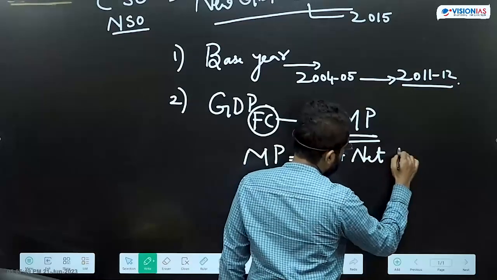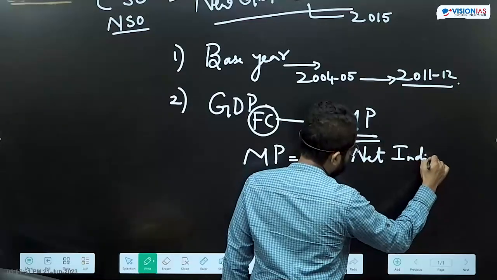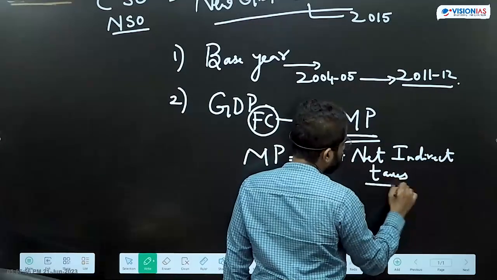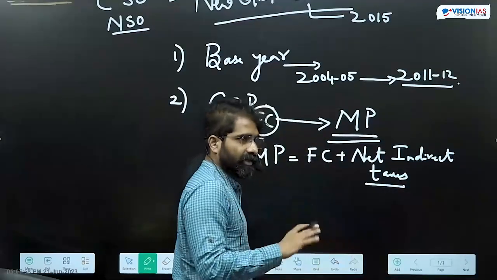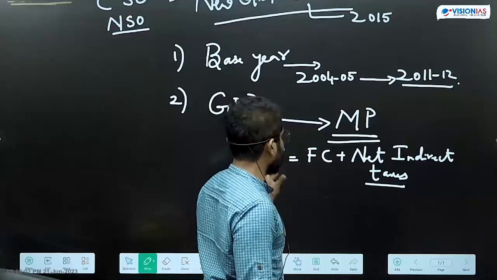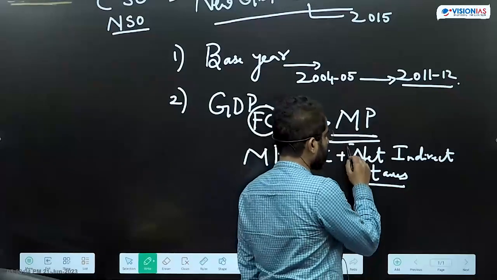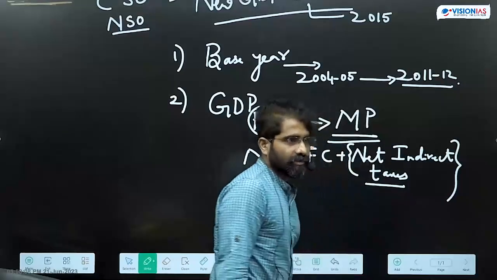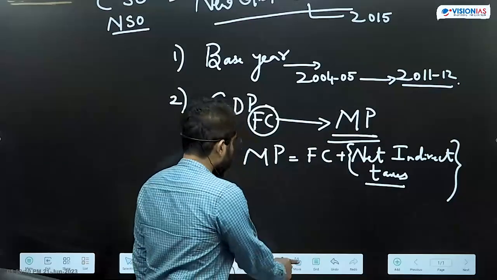It includes the net indirect taxes, and therefore there were some criticisms saying that you can manage GDP, but this is an international phenomenon, they calculate it at market price only. That means they can manage GDP by managing the indirect taxes and subsidies. Managing the indirect taxes and subsidies, that can be done. Okay, then